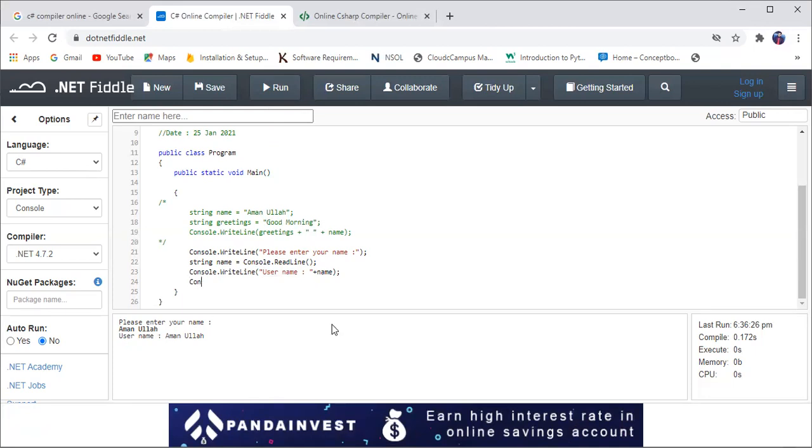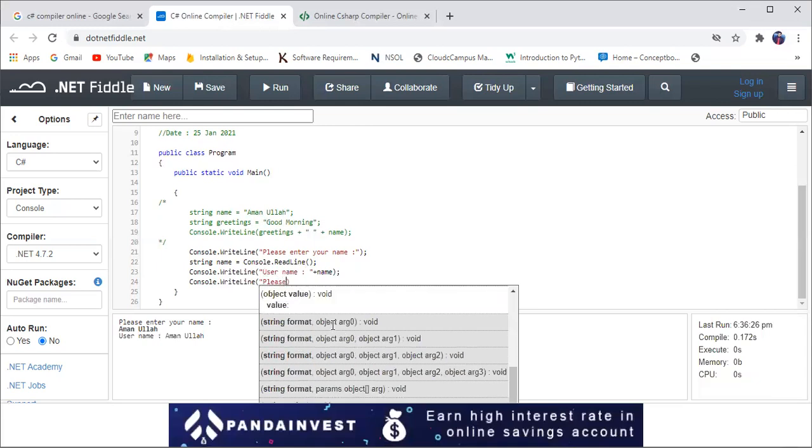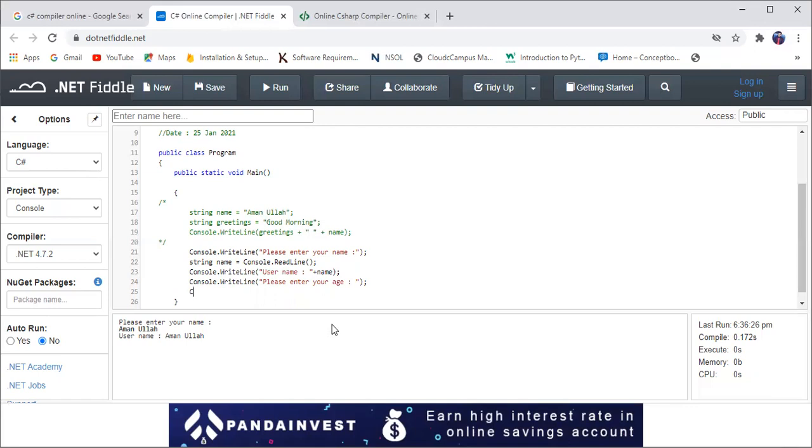So Console.WriteLine, please enter your age, and now I will use the same line, Console.ReadLine, and I will store this age inside an integer type, because an integer is always stored in an integer value.